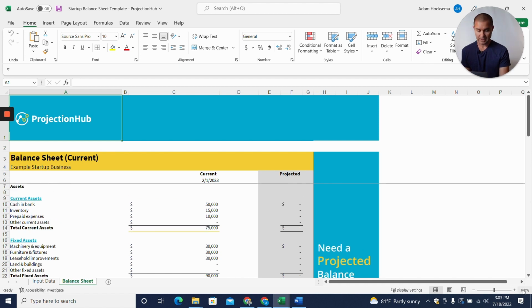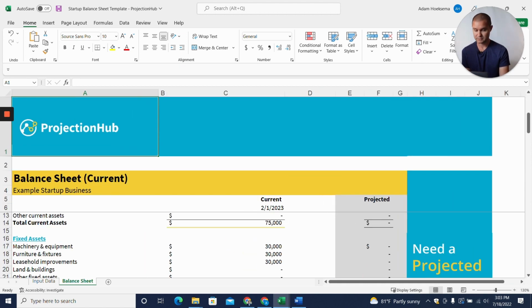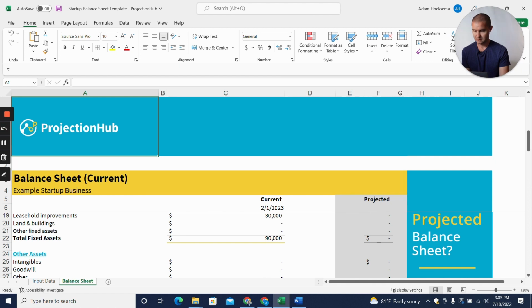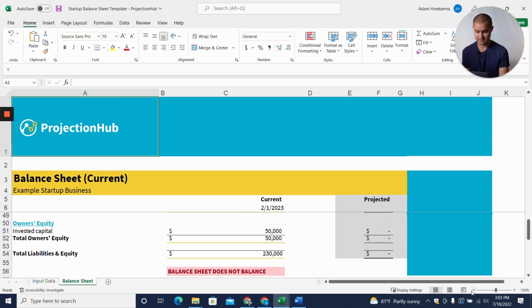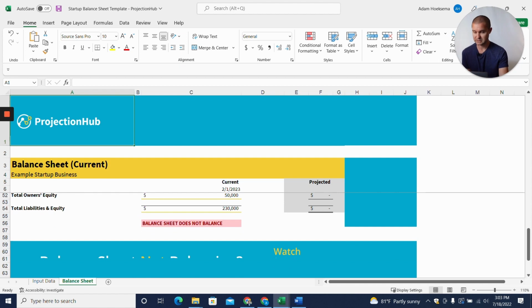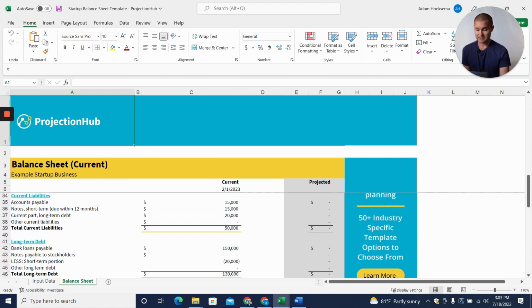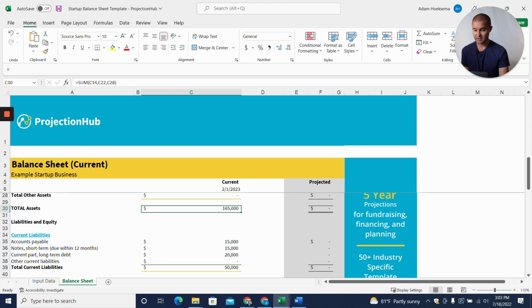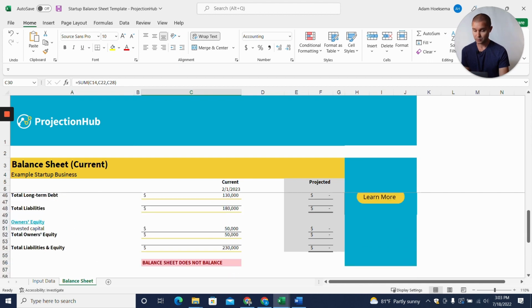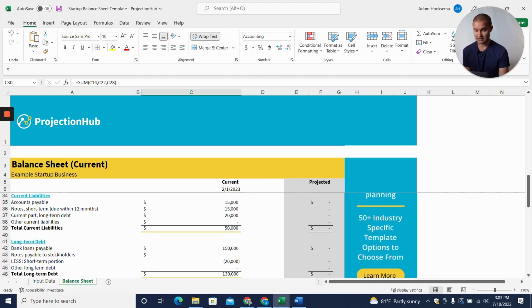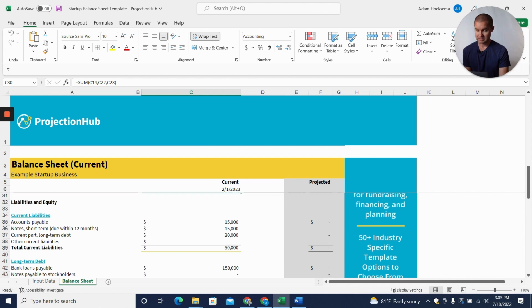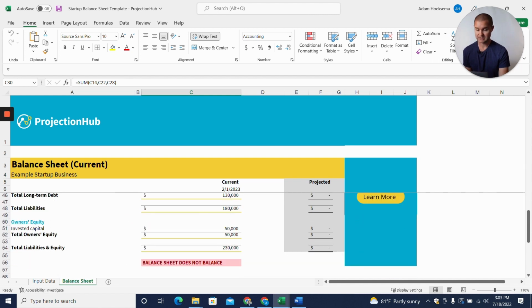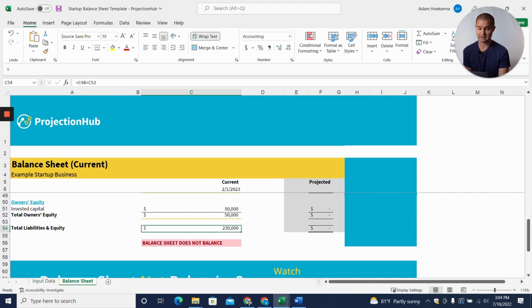So it's piped in all of our balance sheet items here. And we come down to the bottom, and sure enough, it says balance sheet does not balance. So why isn't it balanced? Well, the thing with the balance sheet is that we want the total assets here to equal the total liabilities and equity. That's what needs to balance. Total assets needs to equal total liabilities and equity. So we saw up here that total assets was 165,000, and we've got total liabilities and equity of 230,000. So there's a difference there of